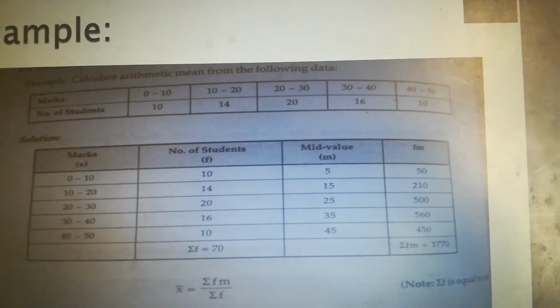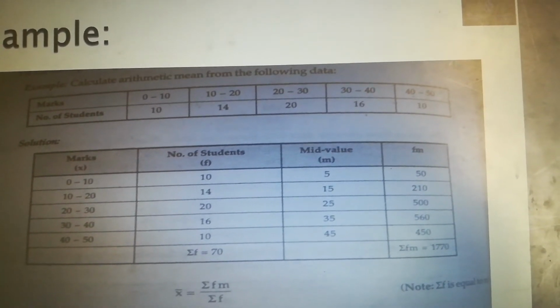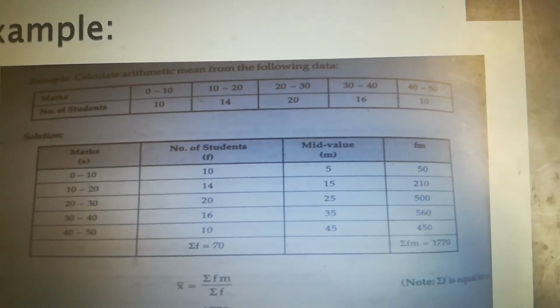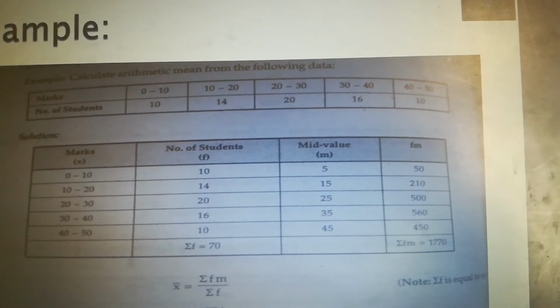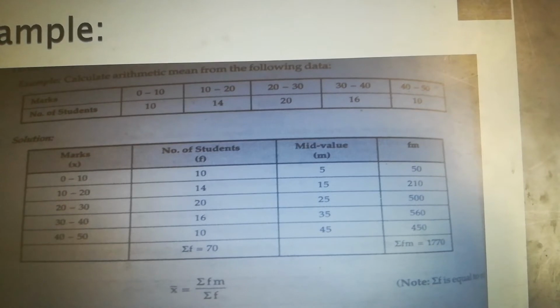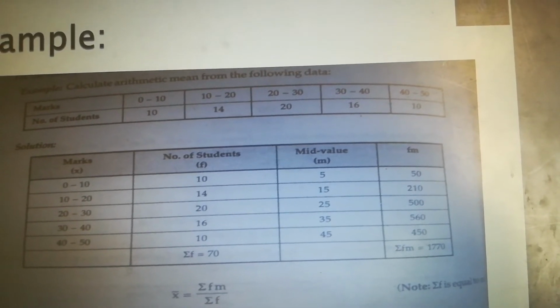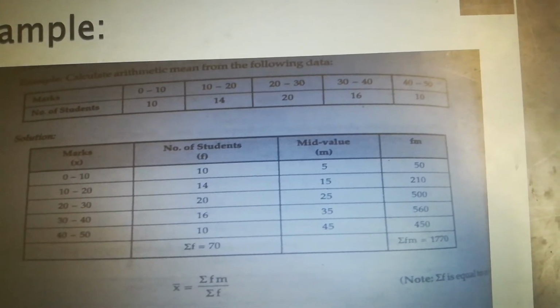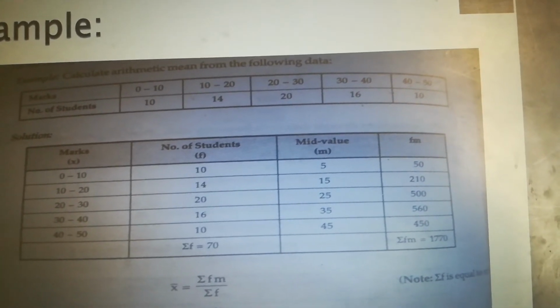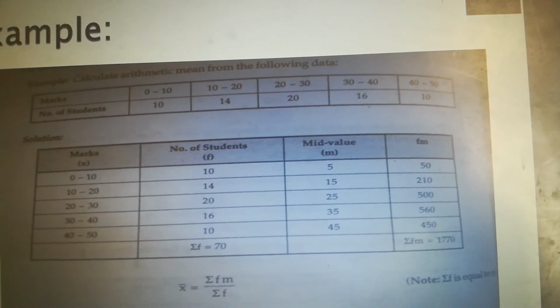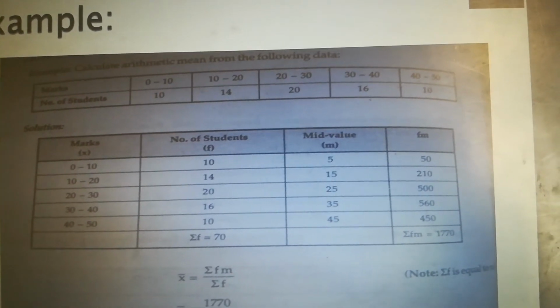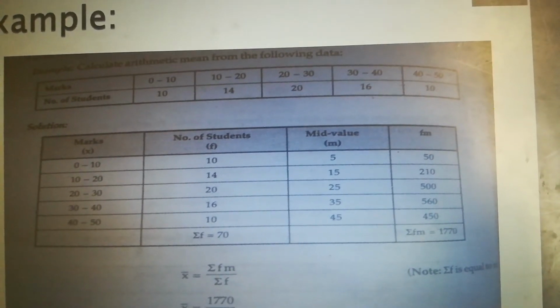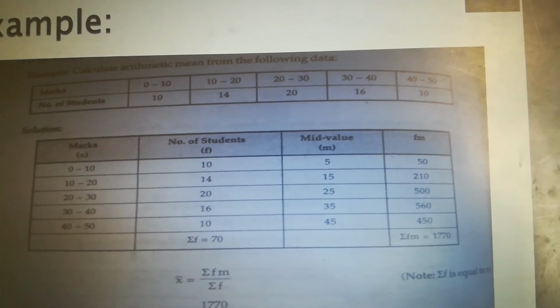In the same way, for 20 to 30, the next class interval, 20 students got it, mid value is 25. So 25 into 20, 500. Same with 30 to 40, 16 students are there, mid value is 35, 16 into 35, 560. And next is 40 to 50, number of students are 10, mid value is 45, 45 into 10, 450. And summation f, our total frequency, is 70, and summation fm is equal to